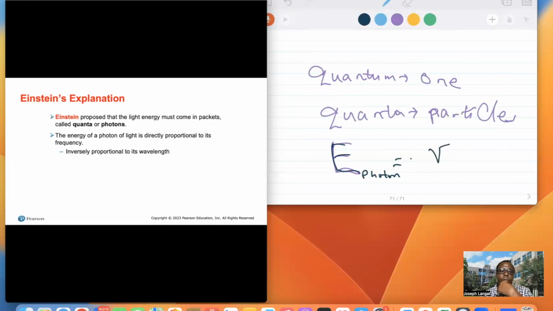It's the frequency, and proportional to wavelength. We look at that mathematically. There is a proportionality constant, which we will have it